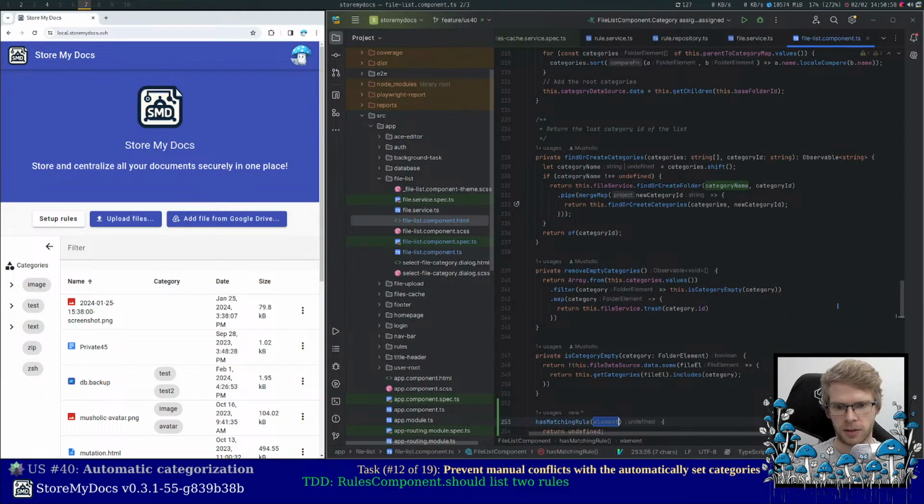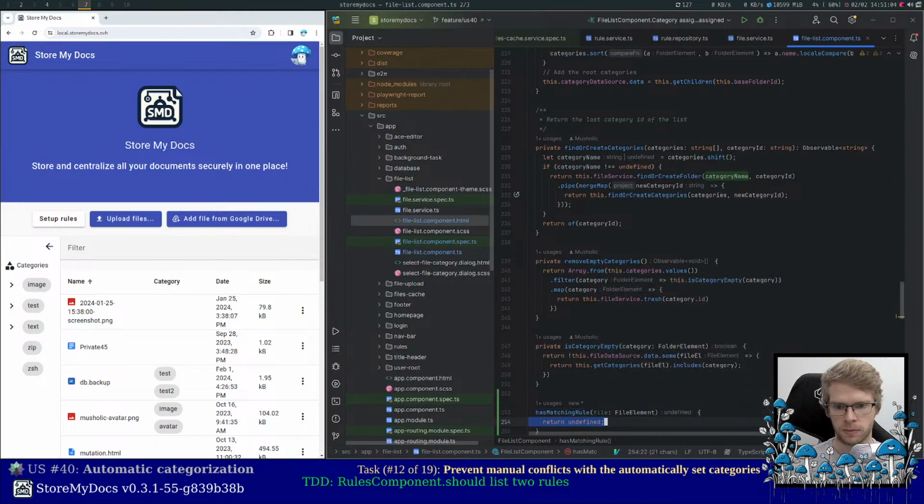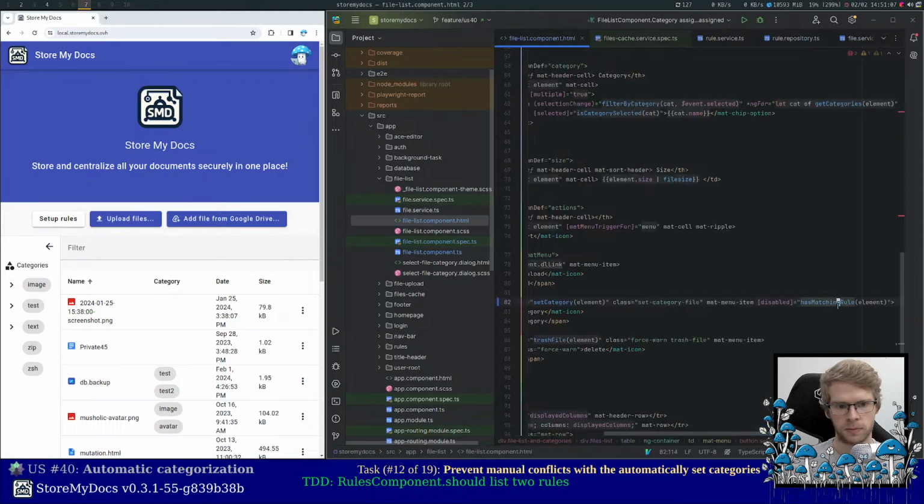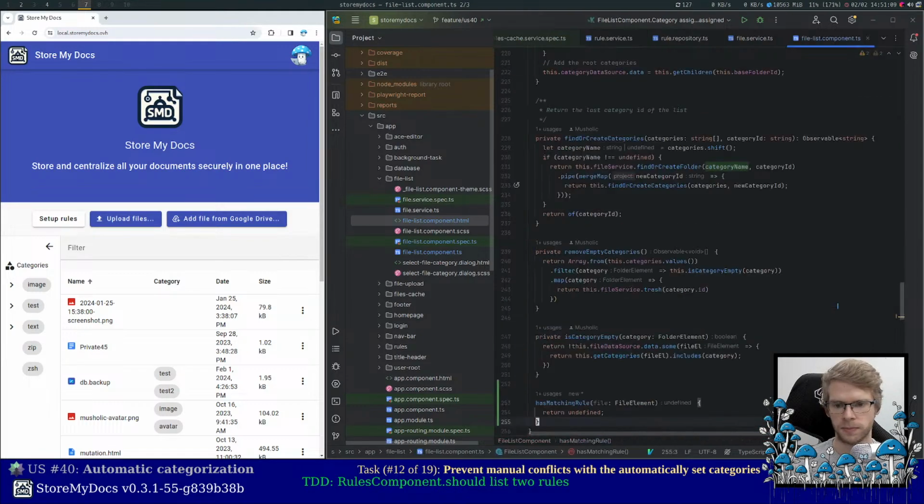I will create this method which will take a file element like this. Okay. It will return false except for